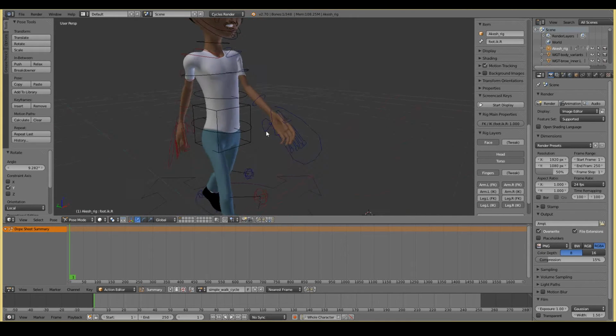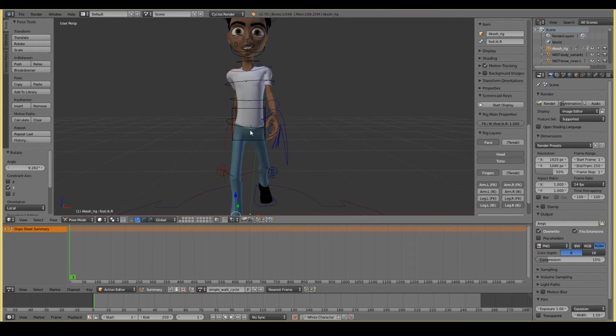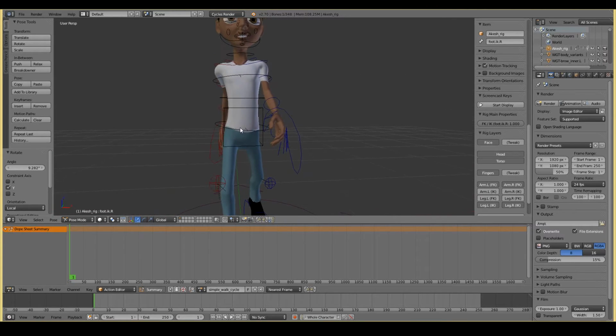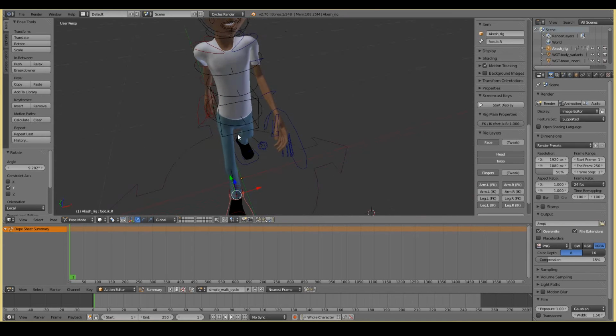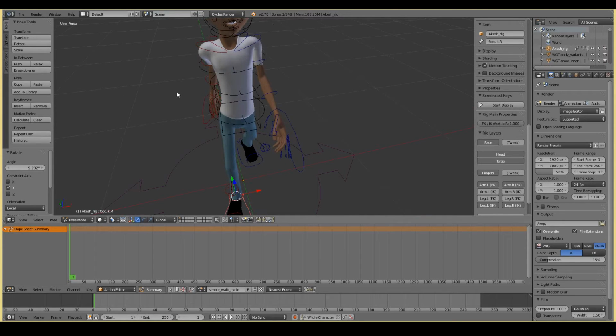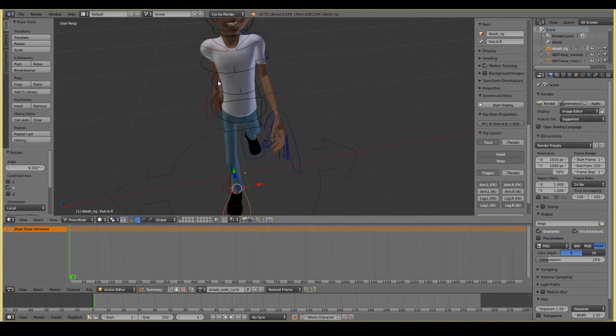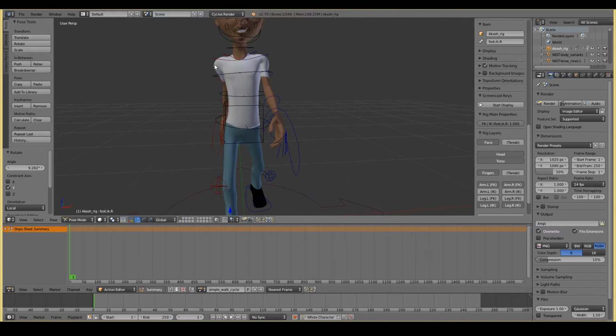Also bending in the fingers. The hips need to bend in the direction so that the front leg has more weight, and you need to rotate it along the Z axis a little bit away from the front leg. The spine obviously rotates in the opposite direction to where you move the hips. So on the Z axis, the opposite way, and also you want to make it rotated downwards.